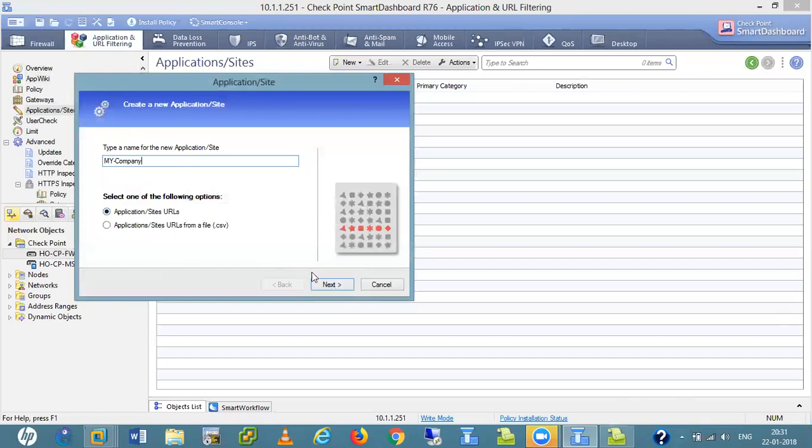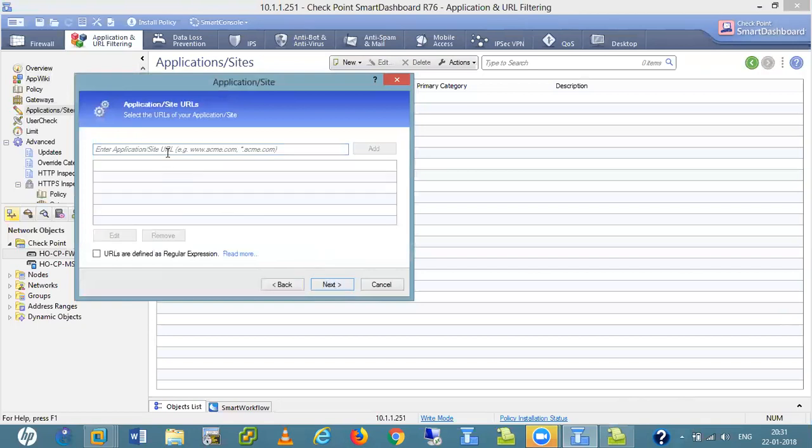So here I give that website HEMENDRA.net. Okay, so I edit here. I also write my college website vitjss.ac.in. Like I have these two websites: my company website is this, and I also want this website.